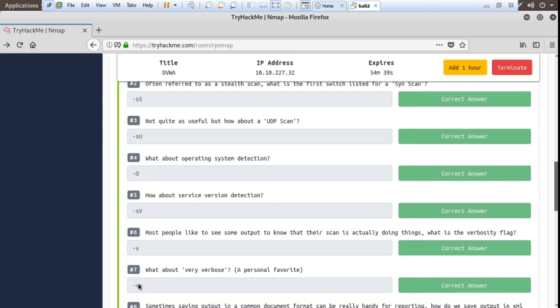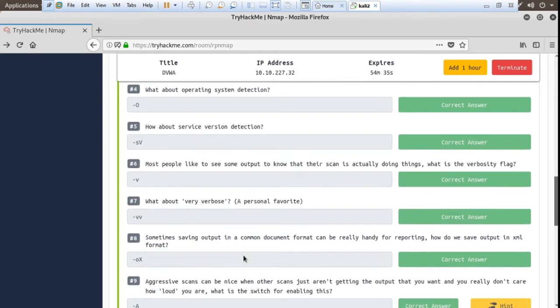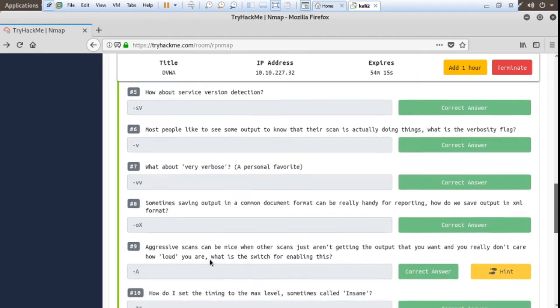So -vv. Sometimes saving output in a common document format can be really handy for reporting. How do we save output in XML format? So use -oX.